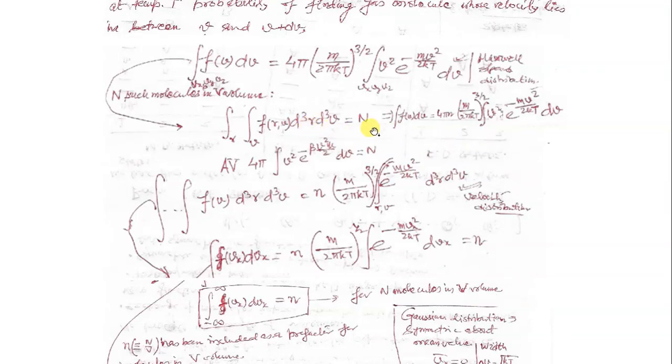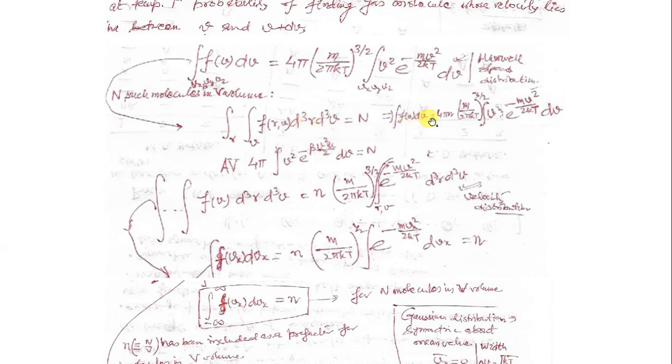So if there are N molecules, you integrate over all possible values of r as well as all possible values of velocity of the molecule. This turns out to be capital N, that is the number of molecules in the container. This integration over r is nothing but the volume of the container, because each molecule is independent of the others. We are in the dilute gas regime where molecules are not feeling each other. So this is the case of high temperature behavior of the gas.